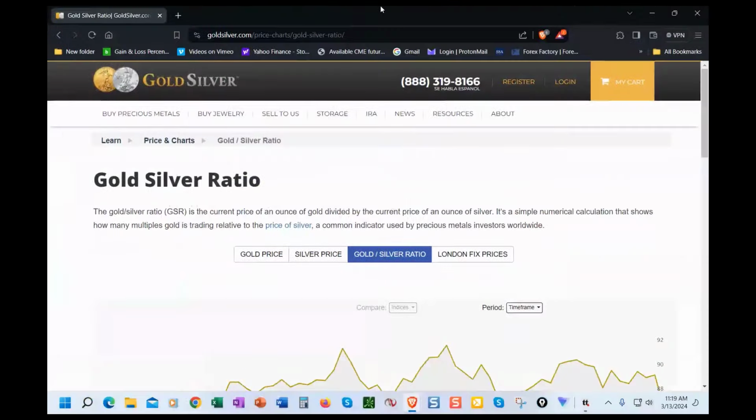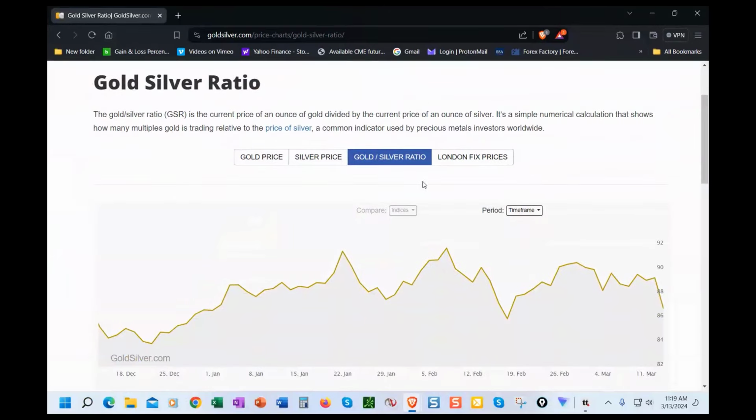But what has me really interested is this chart right here. This is the gold and silver ratio. This means that as of today, it takes 86.8 ounces of silver to equal the value of an ounce of gold. Historically, what's interesting to me is that anytime the ratio gets this high, above 80, there is generally a